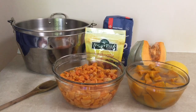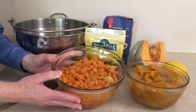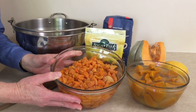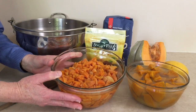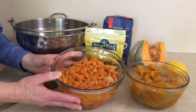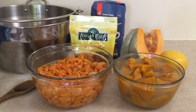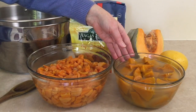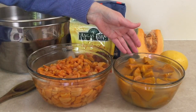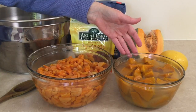The first step of the process is to cut the dried apricots into quarters and soak them in 1 litre of water overnight. So you'll need 450 grams of dried apricots soaked in 1 litre of water overnight. You will also need 900 grams of pumpkin cooked in 250 mils or 1 cup of lemon juice and